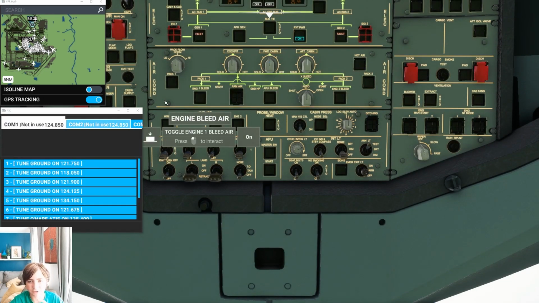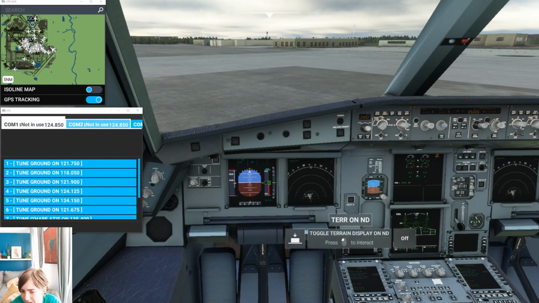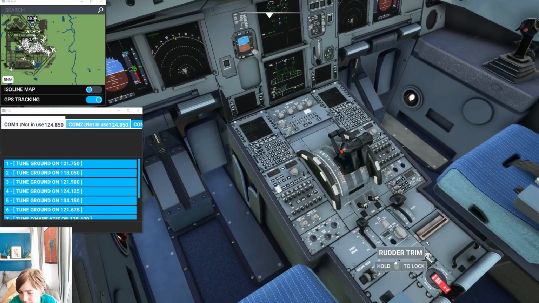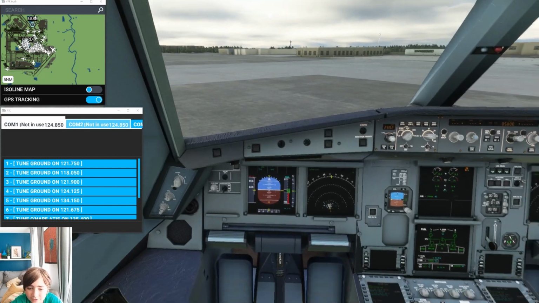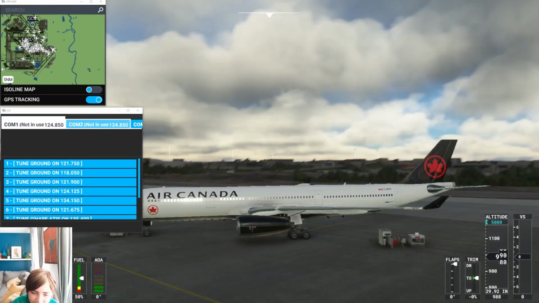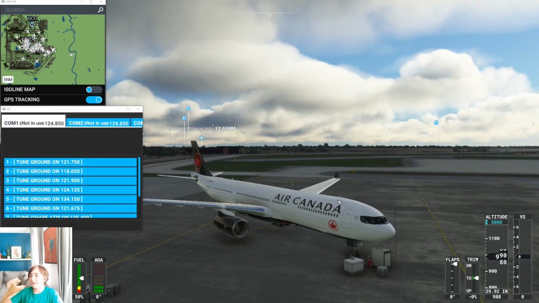So just starting up, we're going to use the external power. We have our instruments looking very nice here. You have your normal Airbus things. All of this is pretty much normal. Now there is no animated cabin, which is of course okay, because you're not really looking in the cabin at the time. The main part of the A330, it's one longer than the A320, and it's also